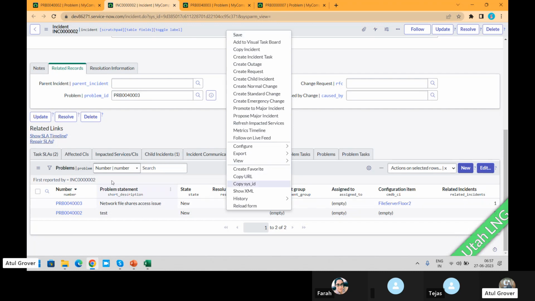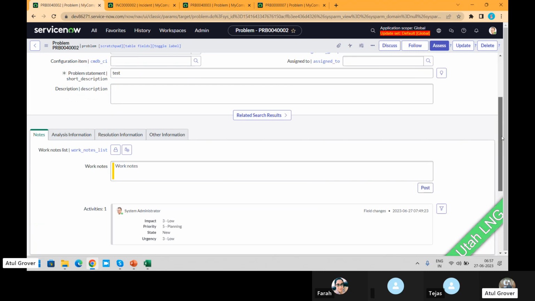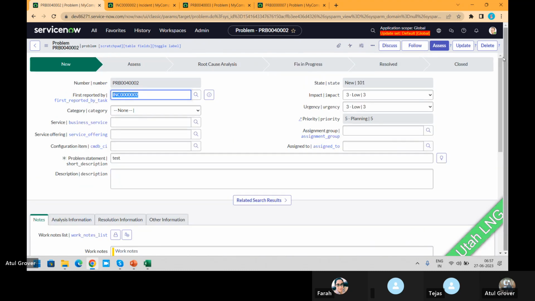And at the last, it's showing here as well. But if I go here, it means I'm indirectly putting the source as the incident too, and then it shows to me. It is a different way to create a problem record and to display it.